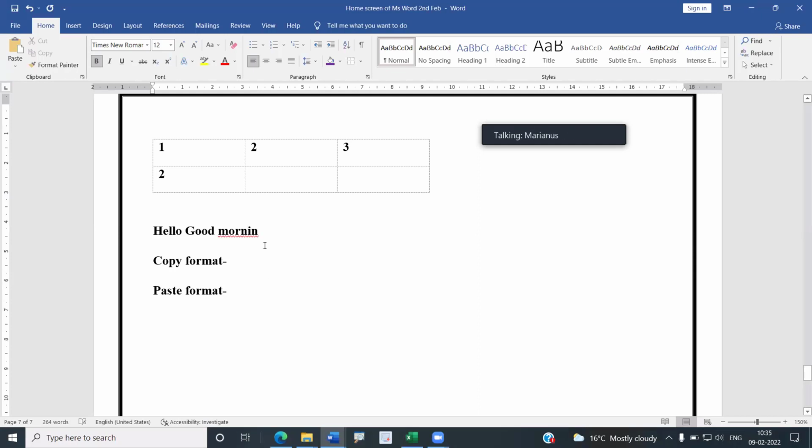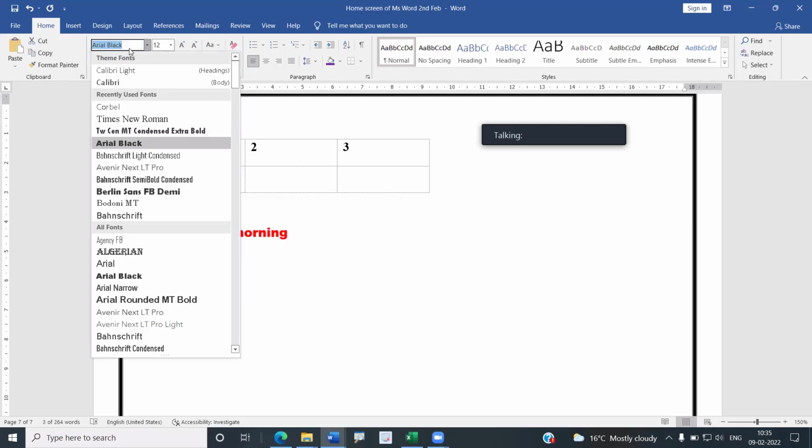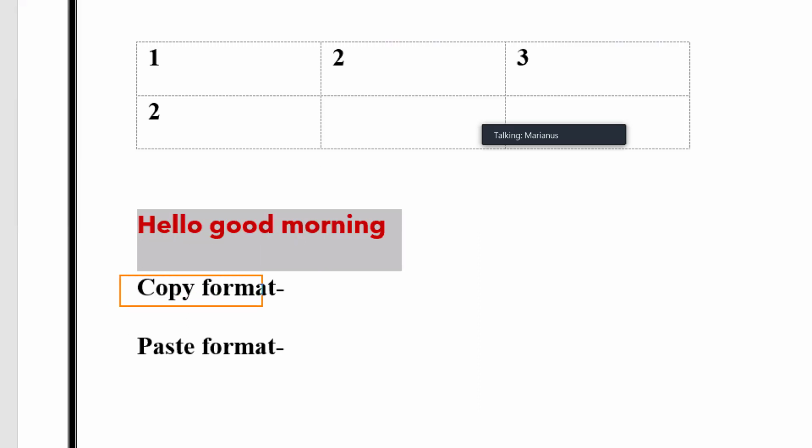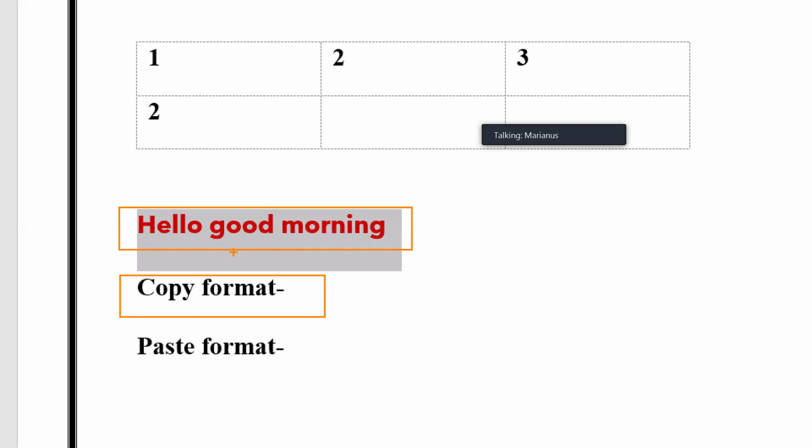Okay, almost correct. See, what is called format painter? Let's say, suppose, for example, I have written two texts with different styles and different colors. Let's say, suppose, I have given here different font as well. Now, as you can see here, these texts and these texts are different from each other, right? These texts and these texts are not matching with each other, right? It is different from each other. I hope you understood.